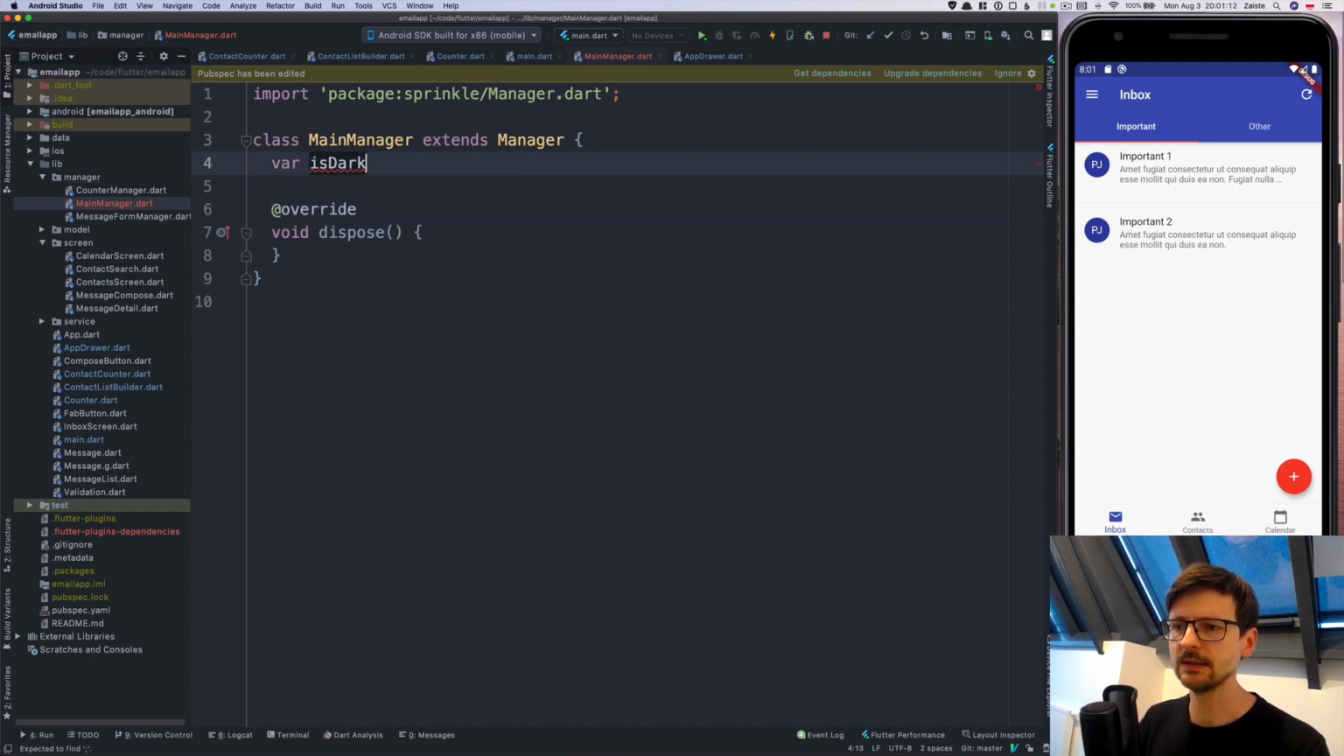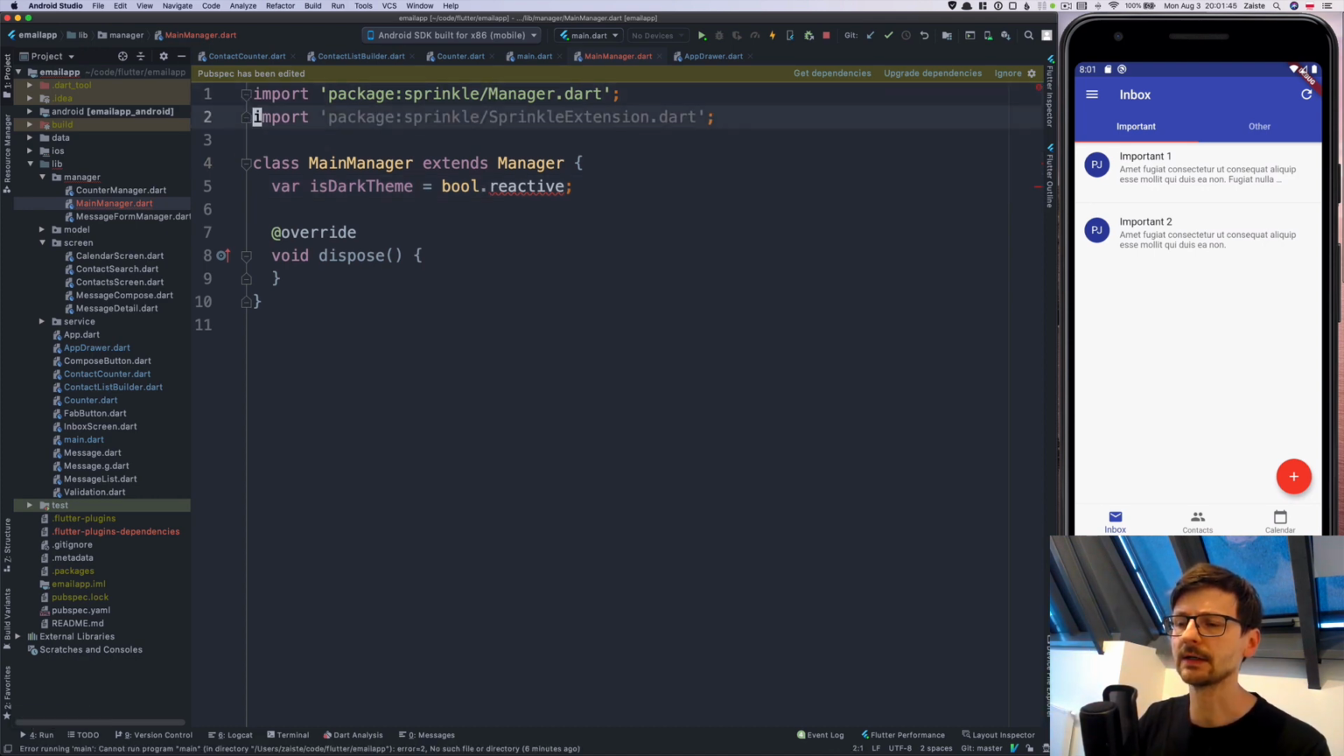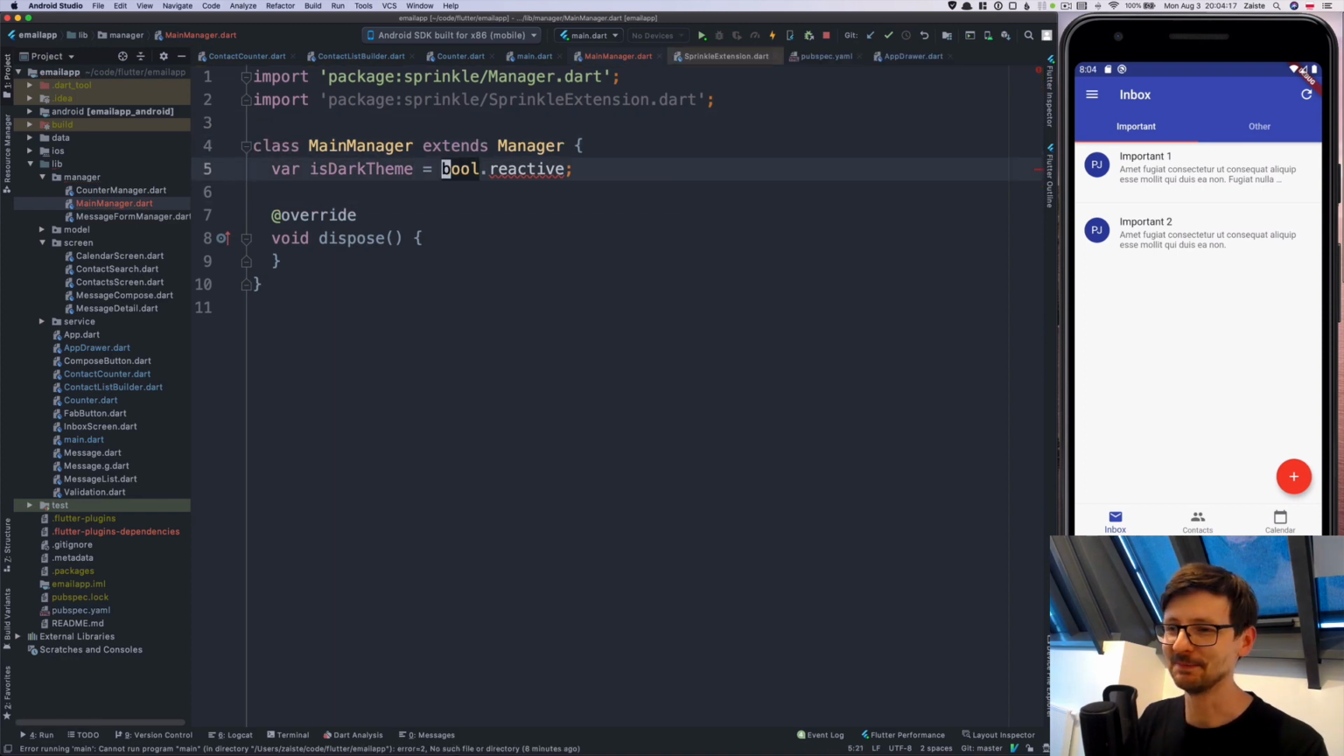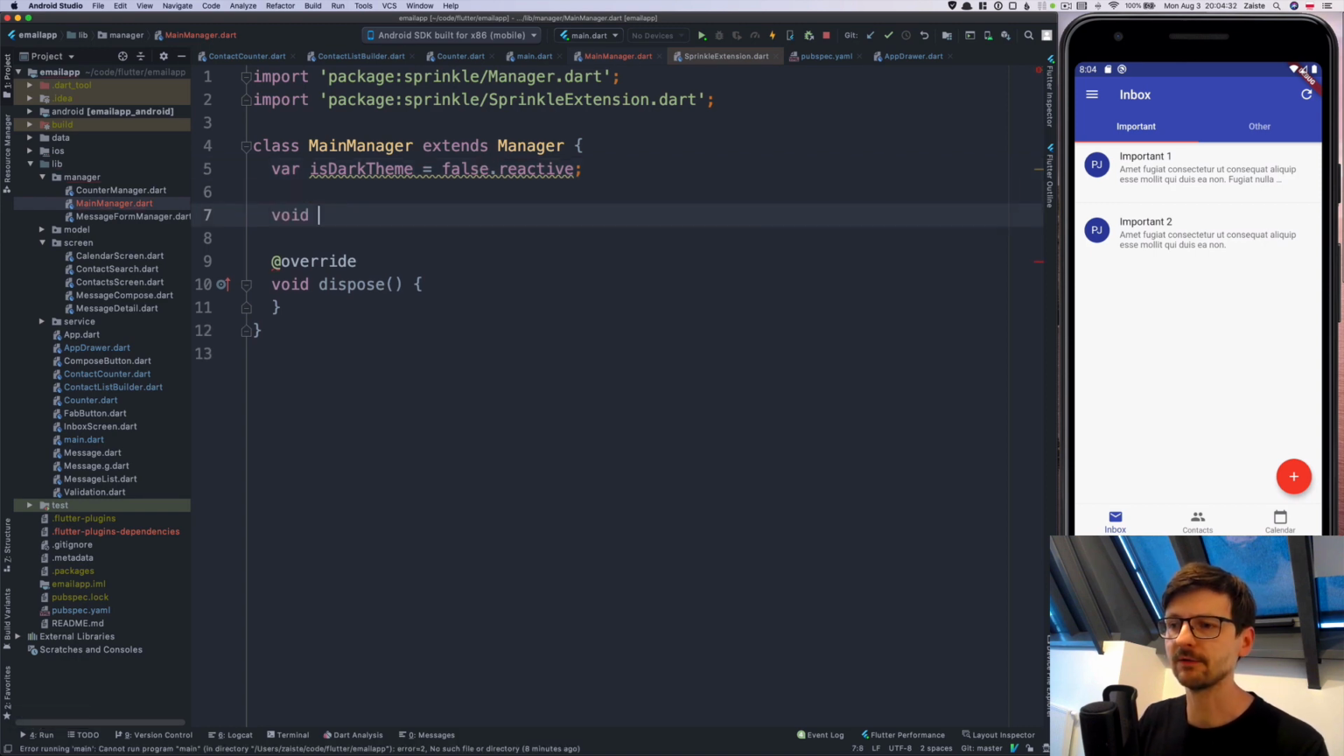So let's call it isDarkTheme, and this will be boolean, and this will be reactive, as you've seen in the previous video. So we are creating a stream for that value, as we did with the counter. So we just need to include the sprinkle extension. So of course I made a mistake here. This needs to be an actual value of boolean. So let's start with false, and we need an effect or action, something that changes the state for the store